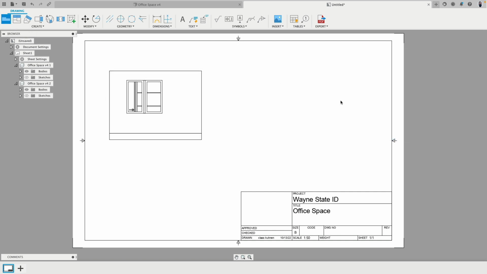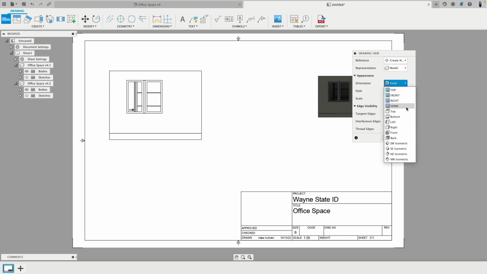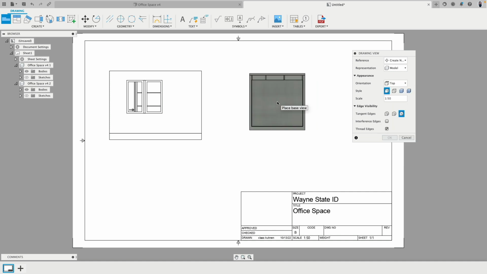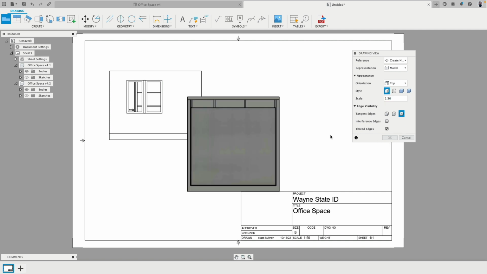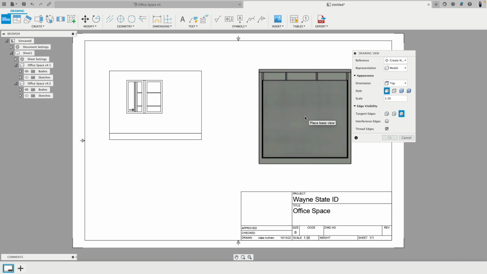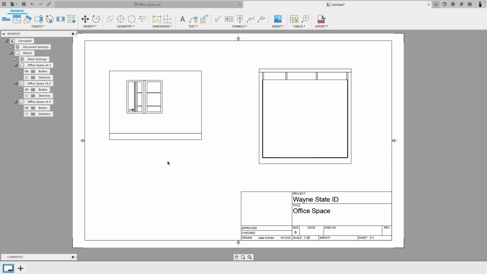Let's make a new base view. And this time I would like this to be the top, but also the same dimension, so 130. Now we want to keep this consistent. There. And what I can do now in addition, I can add dimensions and say, this is 142 in this drawing,